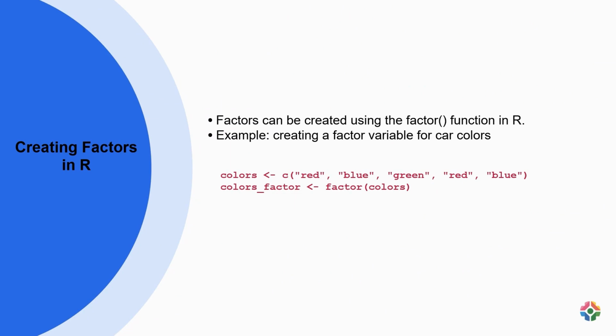Factors in R are categorical variables that represent qualitative data. The factor function in R is used to create factors from a vector of categorical data. For example, you can create a factor variable for car colors by defining a vector colors with different color names like red, blue, green, and then applying the factor function to it to convert it into a factor variable colors factor. This factor variable will represent the categories of car colors with levels based on the unique values present in the